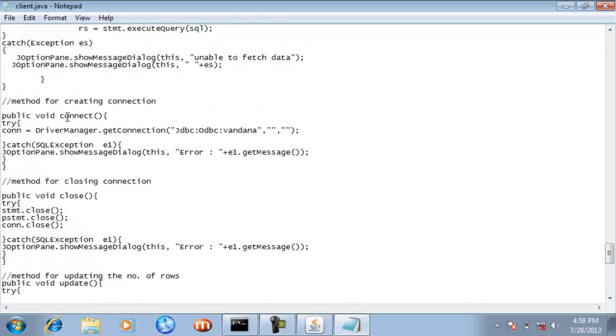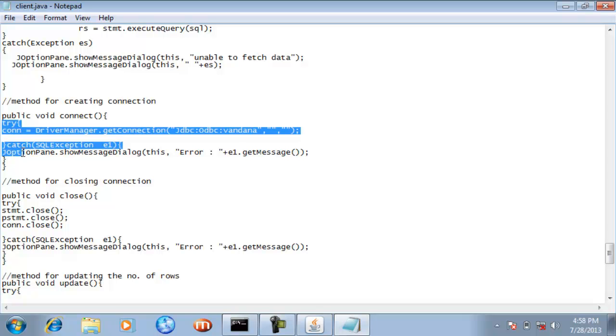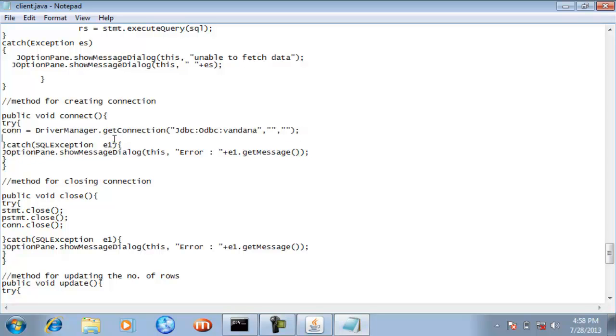Here you can see I have created this method for creating the link, or you can say the connection. Inside this method I have also used the try and catch block, and you can see here JDBC, ODBC, and this is the DSN name Vandana that I have used for creating a link between the MS Access database and the Java application.